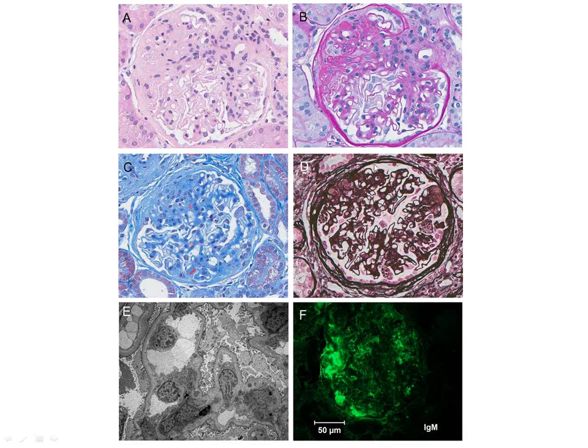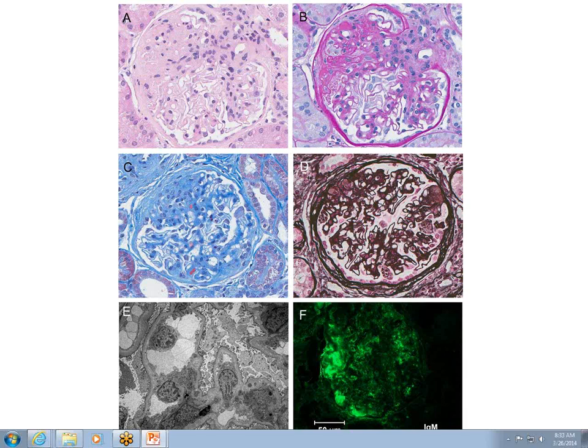There is some lamination of Bowman's capsule basement membrane noted specifically on the trichrome stain over here and on the silver stain. And that's a lesion, as an aside, that we often see in glomeruli that have synechia. I'll talk a little bit more about what we think that means. Okay, so histologically, we've talked about segmental sclerosis, the synechia, the protein droplets in the podocyte, and the hyalinosis, and then the fact that the rest of the tuft, although it has mild mesangial hypercellularity, has a glomerular basement membrane that is not thickened.